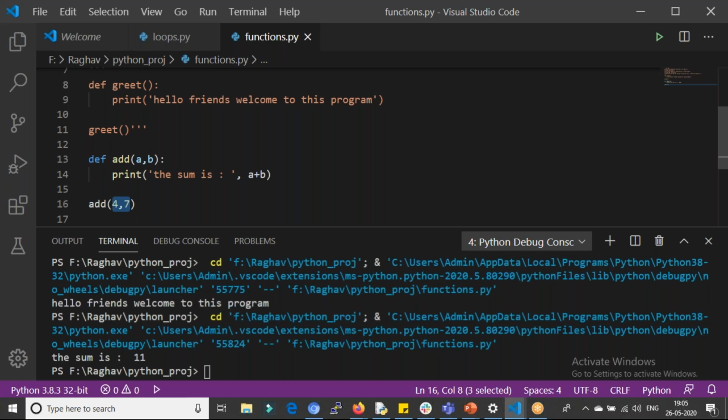Varsha, what are these arguments inside the add? 4 and 7. The values. Okay. Zubair, can you tell what are the values? Numbers being added. Yeah, they are the numbers being added.